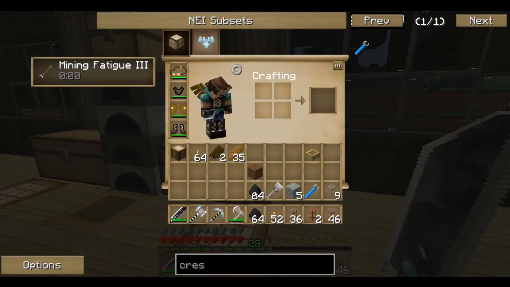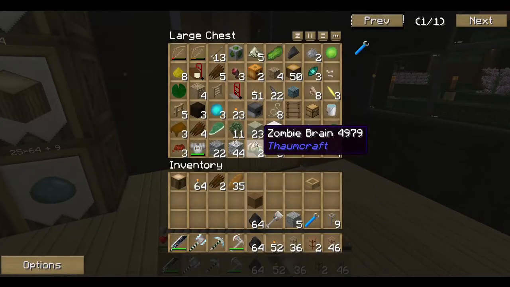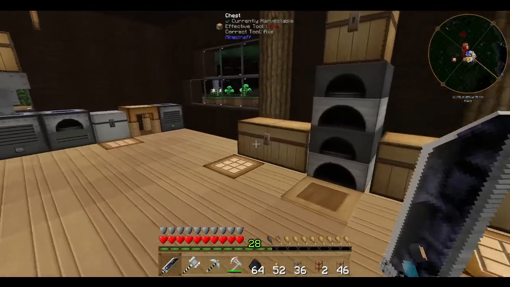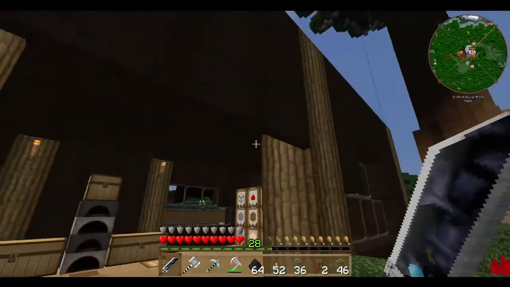Right, so I have my oak wood. I have some oak saplings. Nope, they're rubber saplings. I have... All my preparation has gone to pot. If I run across, actually...